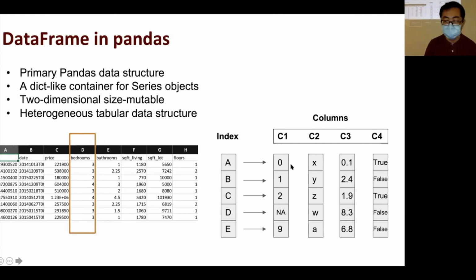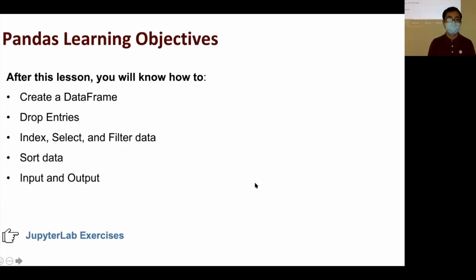You can see each column can have a different data type: a Boolean type, floating point, string, and integers. In this lesson, you will learn how to create a DataFrame, drop entries, index, select, filter data, sort data, and also how to read a file into a DataFrame and write a DataFrame into a file.